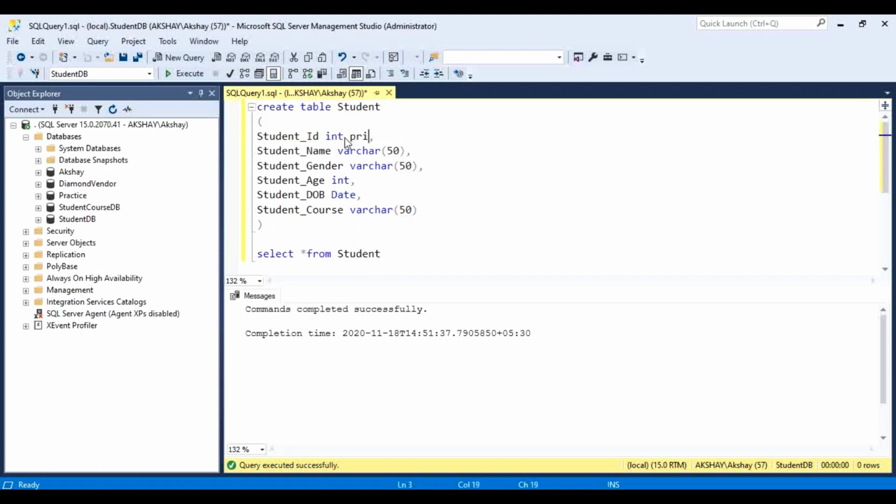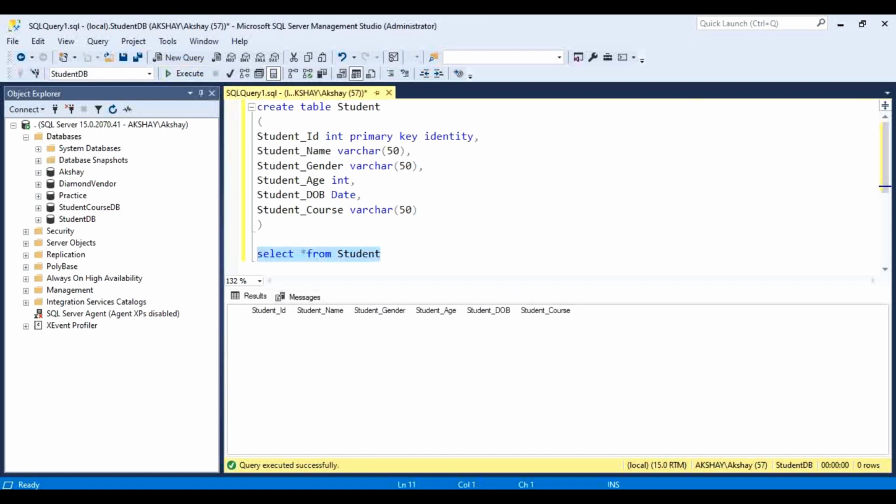And I will make that a primary key as well as an identity column. And why do we use this identity column? Because after using this identity, we don't have to specify a value for this ID. It will automatically generate that for us. Okay, so having done this change, I will again execute this query. Okay, so the student table has been created. I will see if it is created. Okay, so it has been created already.